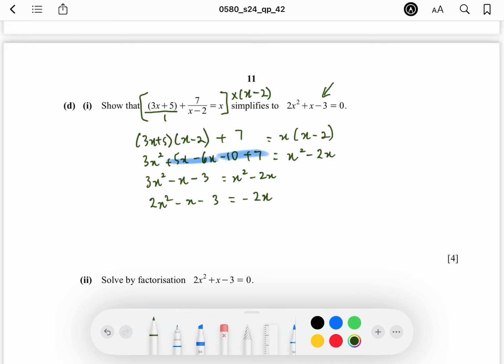Minus x square both sides. Plus 2x. Minus x. Okay? Okay. Teacher can entertain you. Plus 2x both sides. There you go. Plus 2x both sides. You get 2x square plus x minus 3 equals to